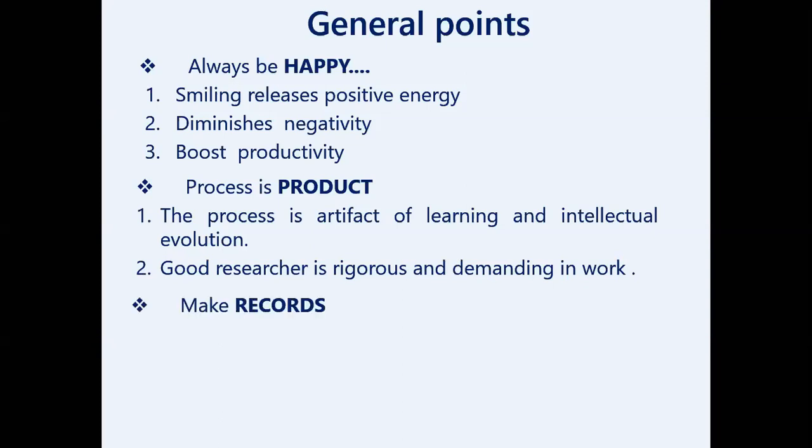Next, how to make records, because when it comes to research, you should have a record of each and everything. So what can this record be? First, you should be writing whenever you are doing an experiment. Every time you do an experiment, every do and don't should be written. Like if you are supposed to use a buffer of pH 5 and you are taking a buffer of 5.2, then you should write that the experiment deals with pH 5, but I am using pH 5.2.